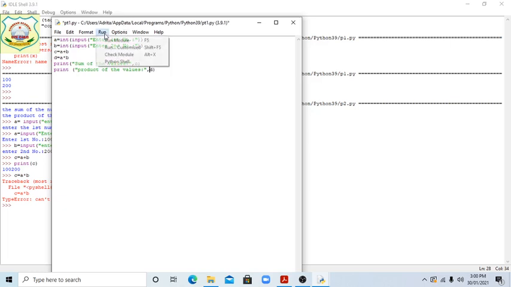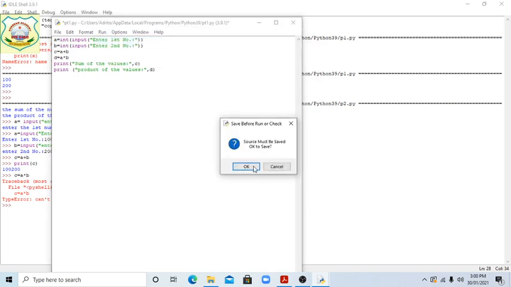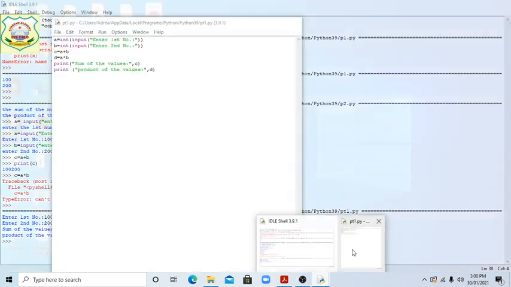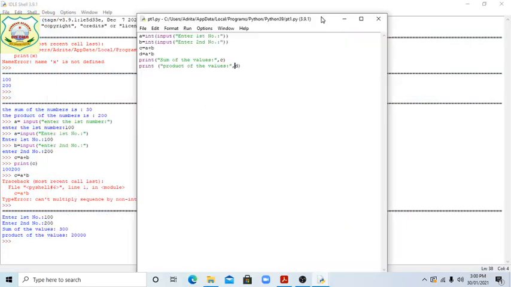Now students, run module. See there, students, enter the first number. Okay, asking, suppose 100 we have given. Enter second number, 200 we have given. See this, students, sum of the values, I am showing you.